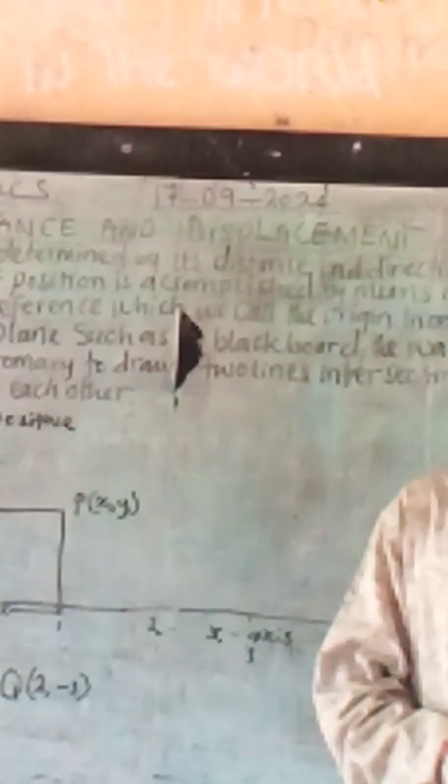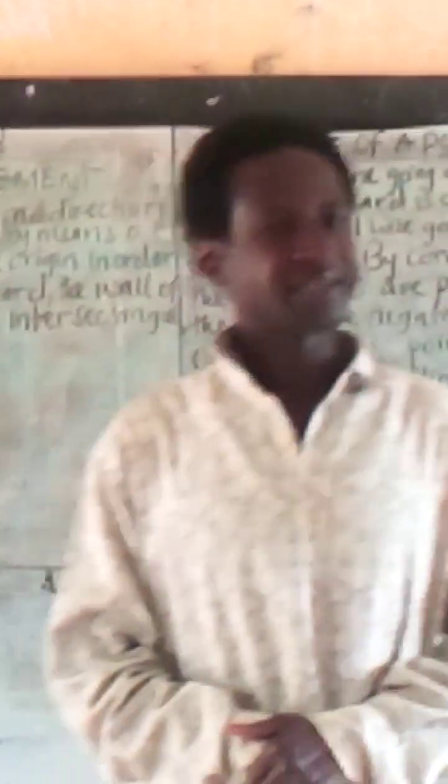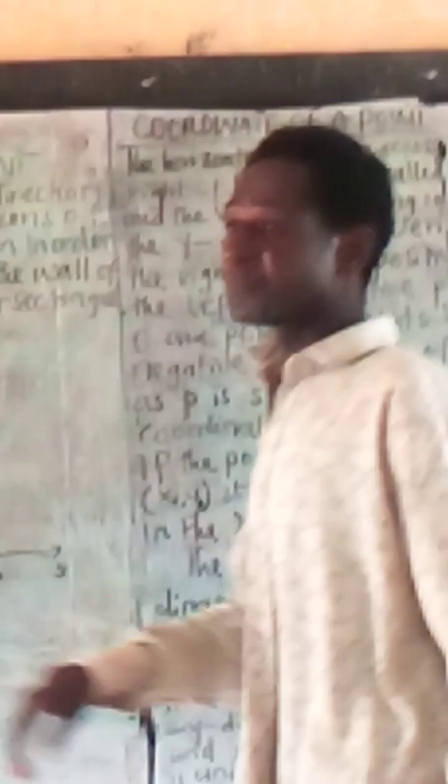So, the topic we have today is position, distance, and displacement. Position, distance, and displacement. So the position of a point in space is determined by a distance and direction